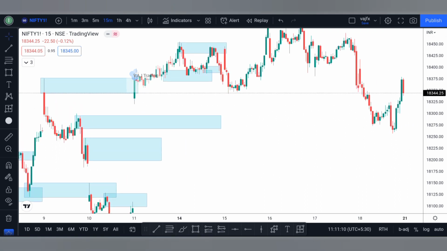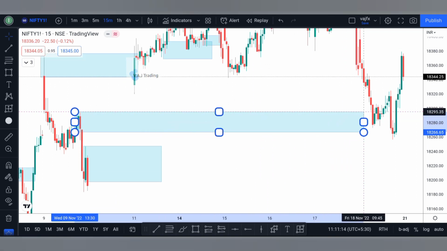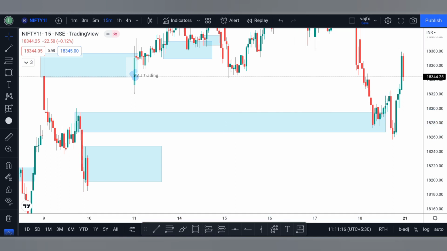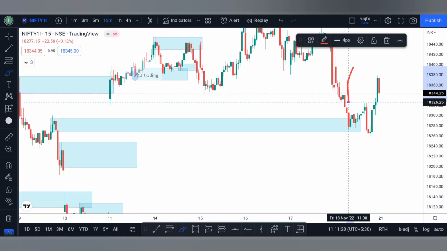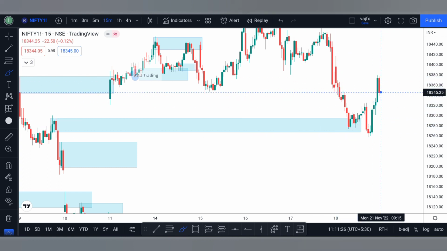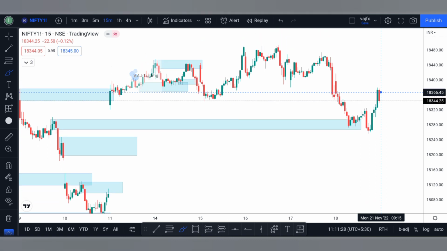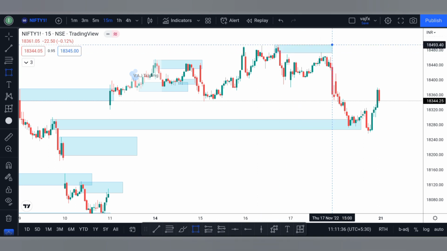And see here, this level, this level, this level, this level. See, this level, we even got a reaction from this level. See, it comes down, then again comes up, comes down, then here, see here we got a reaction from these levels. And yeah, another level. See, let me show you. Yeah, here, see this we got a